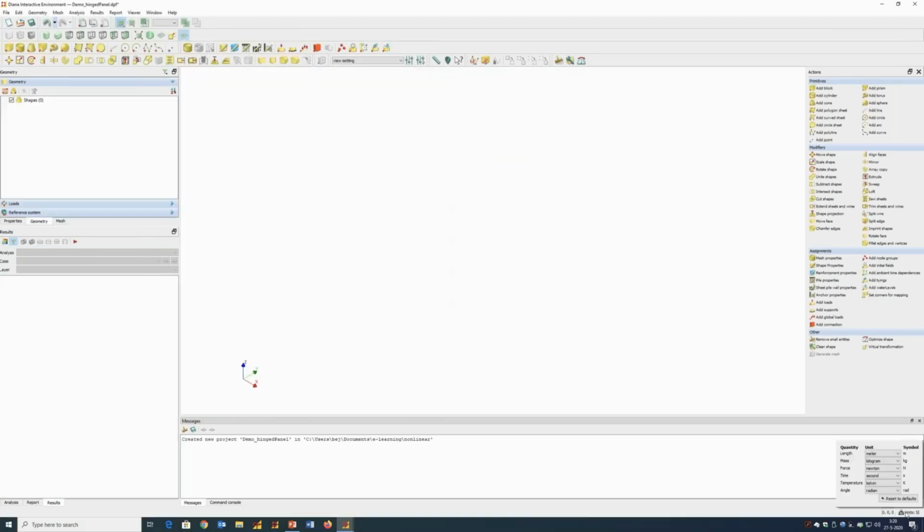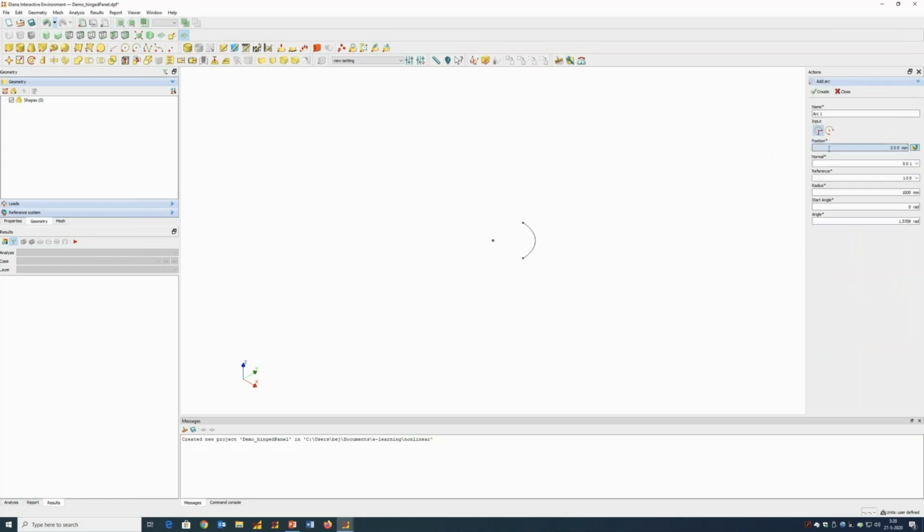In terms of units, I'm going to set up the model in millimeter. For the mass, I choose ton, Newton, second, Kelvin, and radian. So we are all good. I'm going to build the geometry. And as you could see in the presentation, the geometry is relatively simple. I'm just going to model an arc and extrude this arc to get the quarter of the panel I want to model. So first I define the arc,